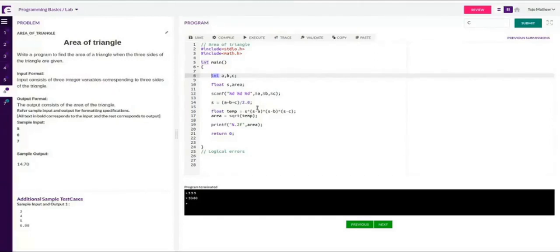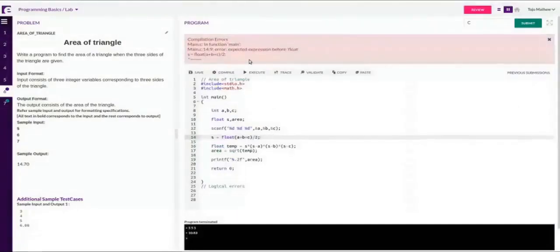So this is the small trick I used. Instead of an integer constant, I have used a floating real number, a real constant. I executed here, I got 10.83. The other way is to convert the sum into a floating point value by explicit typecasting. This also should go. No, expected expression before float. Basically we are using C, so this is the C++ type typecasting, not C type typecasting. Don't worry about this. This is an alternate way.